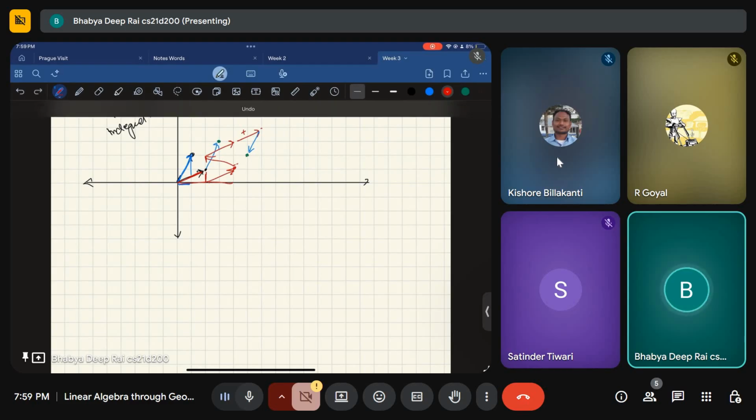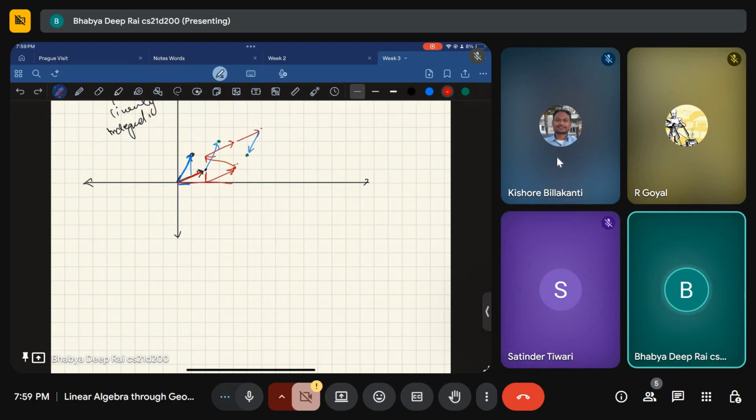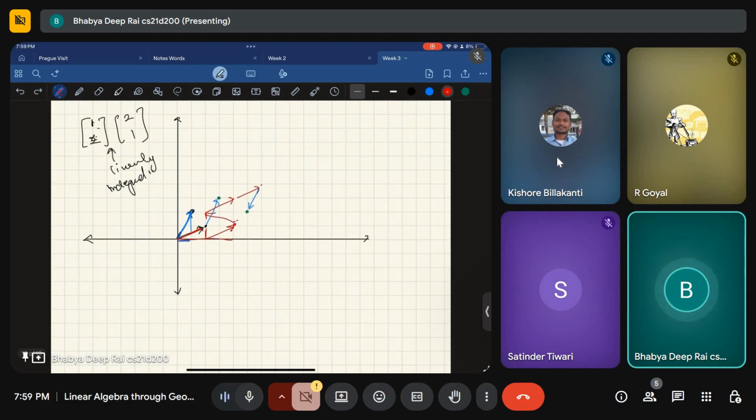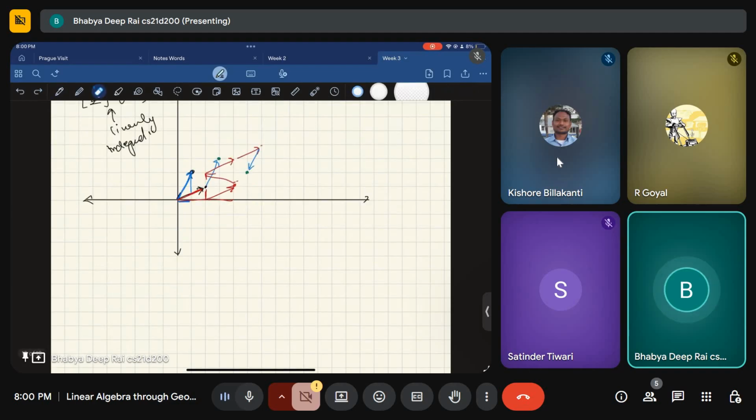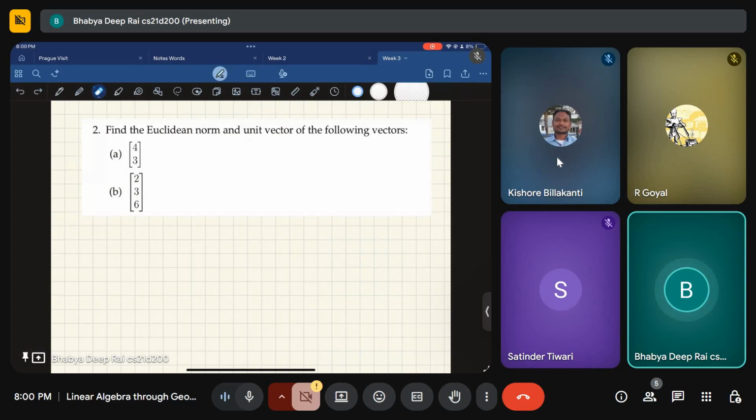But you get it. What you're doing is you're sort of changing the coordinate system in order to accommodate this. Now, Satinder, why I was avoiding a linearly independent one: instead, I wanted to show a linearly dependent one so that there are only particular places where you can land, so that you actually get a feel of what it would be. But that will be more complicated. I think I need higher dimensions to actually show that. Anyway, that is what we have here. I could not cover a lot. Maybe we digressed.